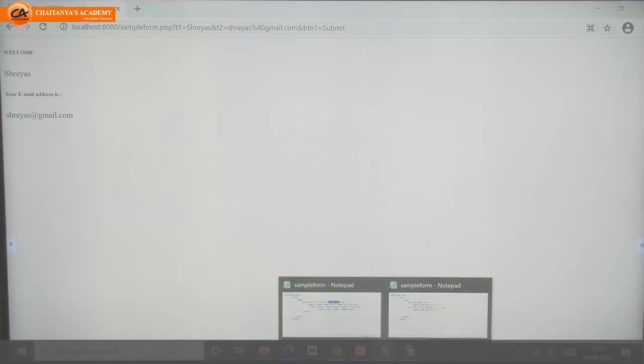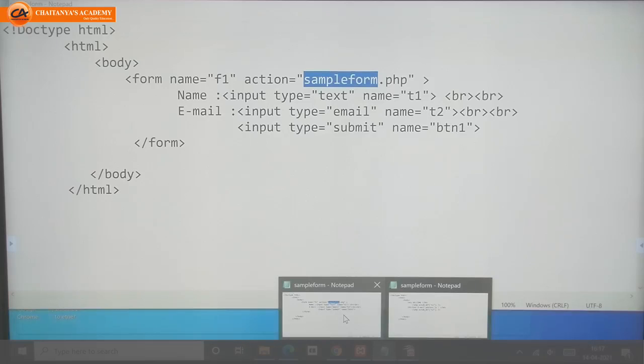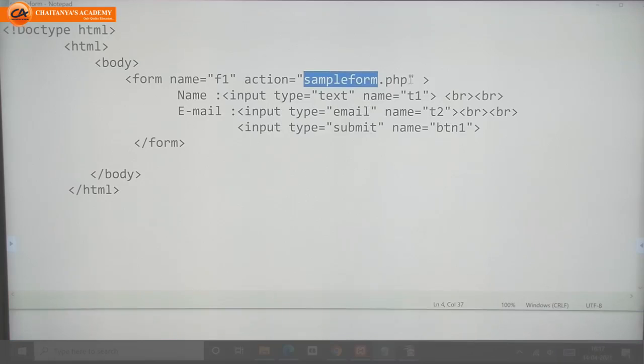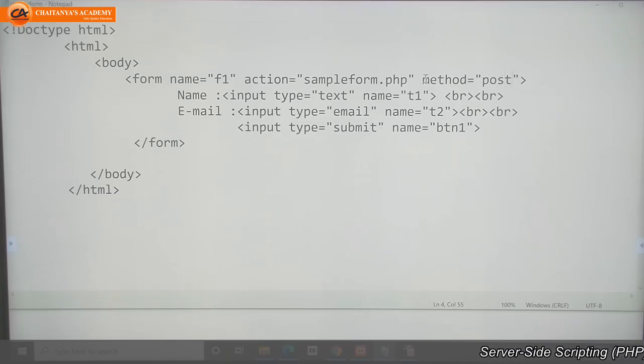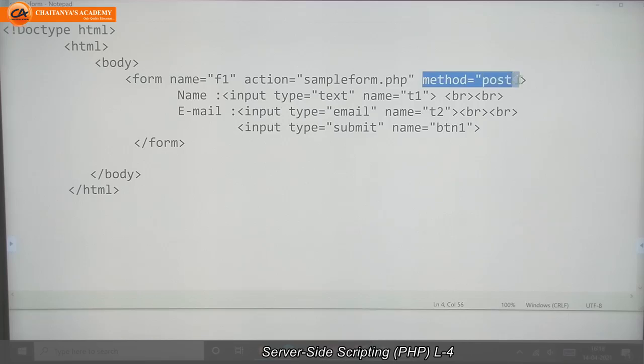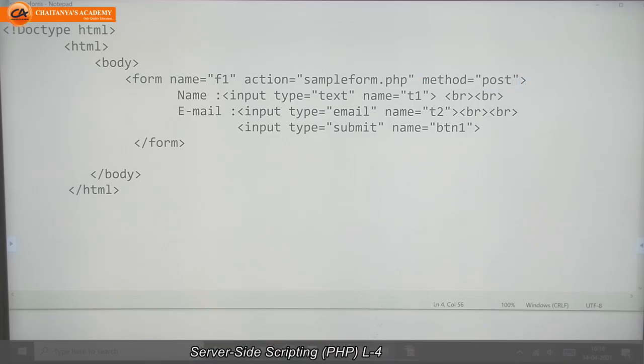Now we will go for the post method. The same code we need to write, just change the method to post. In the HTML file, write the method attribute and pass the value as post.